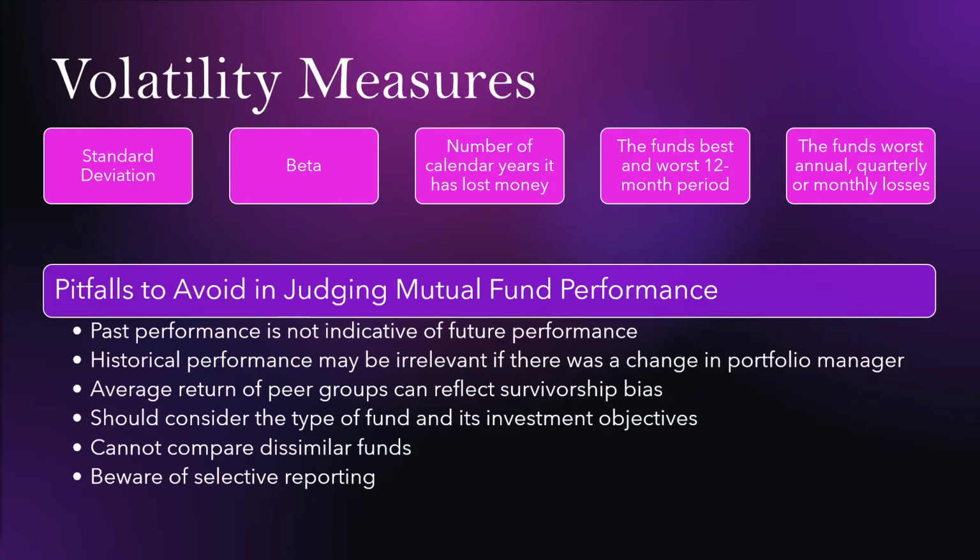And finally, we do have some different volatility measures for mutual funds. First off, you have the standard deviation, and this basically shows you the volatility. You can see how much it goes up and down. You can also use the bell curve with standard deviation, so 68% of fluctuations stay within one standard deviation, whereas 95% stay within two. So it is a nice gauge for an investor to see how volatile the